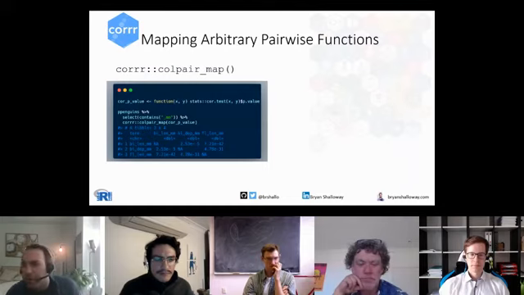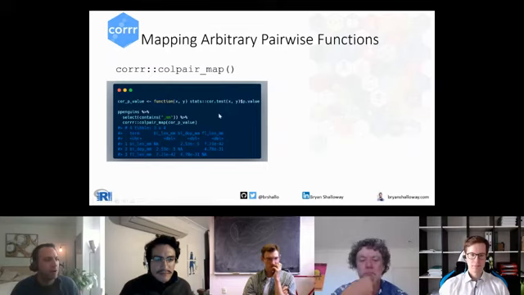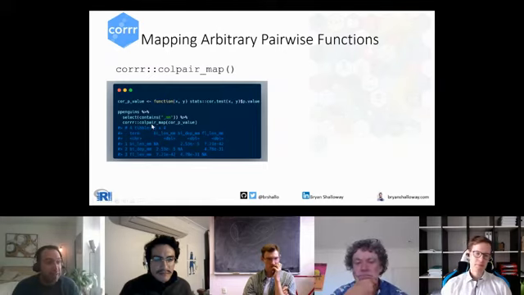So I'll walk through it now. Hopefully you had a second to look through how you think this works. The function is kind of suggested in the name itself, colpair_map.